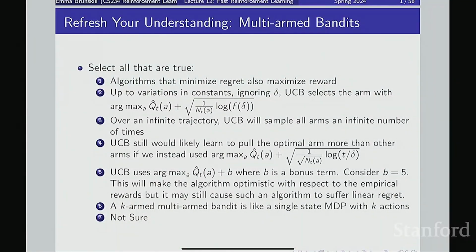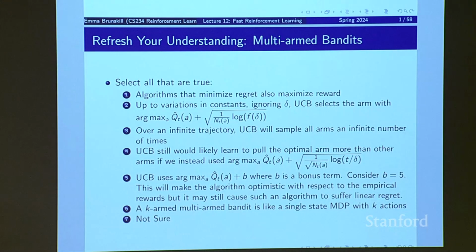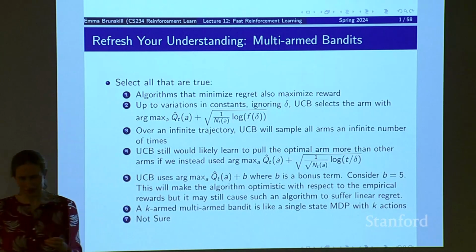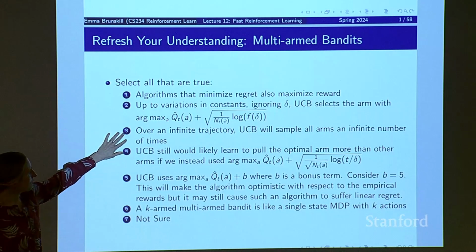Okay, so the second one should be true. This is basically the UCB algorithm, which is the empirical estimate of the performance of each arm. In the case where you just have a finite set of arms, which we can also think of as a finite set of actions, we just look at what their average reward was. NT of A was how many times we have pulled action A after T time steps. And log of F of delta was just the term to express the dependence on delta. Delta was used to look at confidence intervals that we were using for the upper confidence bound. So this is true. The third one is also true.